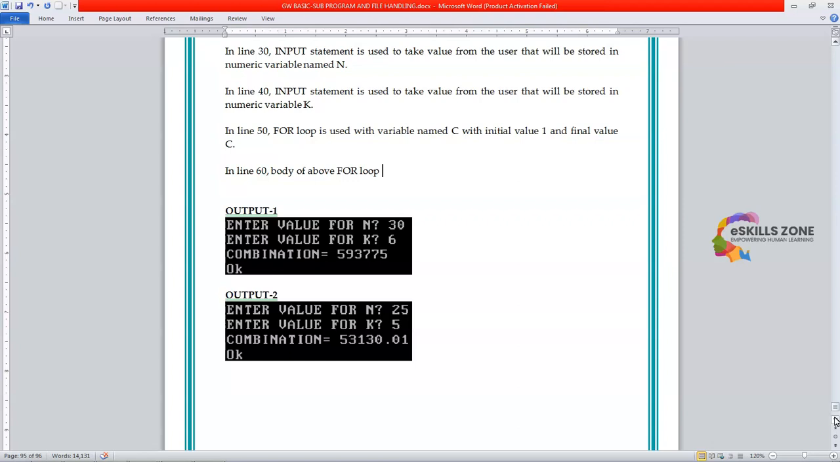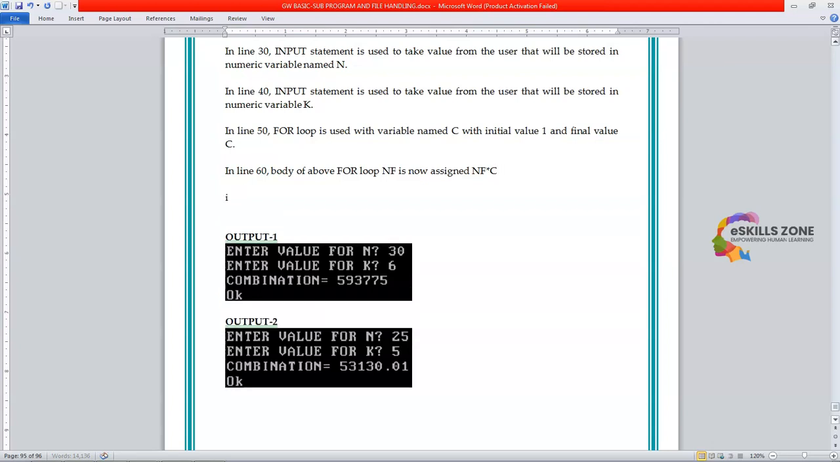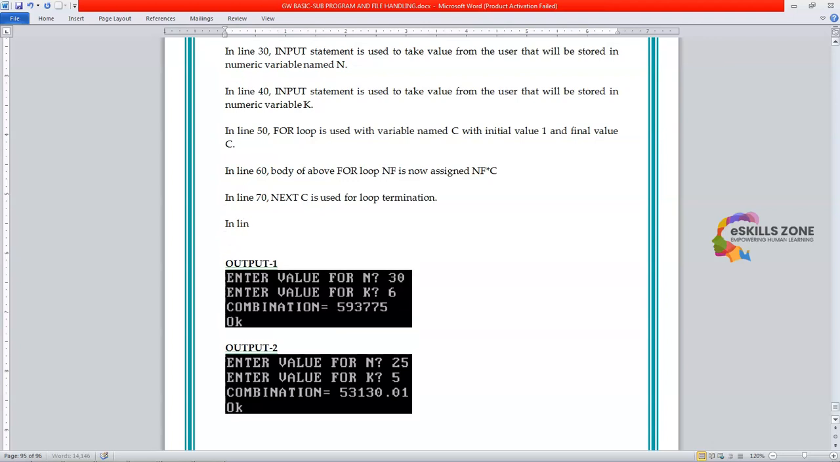nf is now assigned nf into c. In line 70, next c is used for loop termination. In line 80,